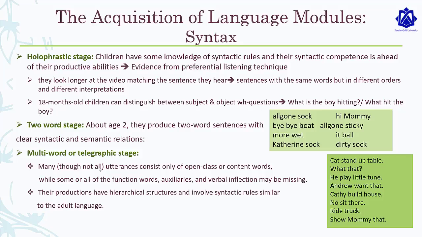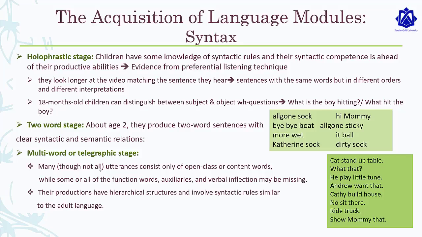Sometimes the function words, like auxiliaries and inflections, are missing. Here, we do not know what it is that can stand up table, what the relationship is, but the adults in contact with them might interpret it as the cat is standing on the table,